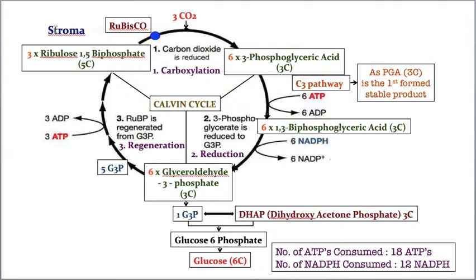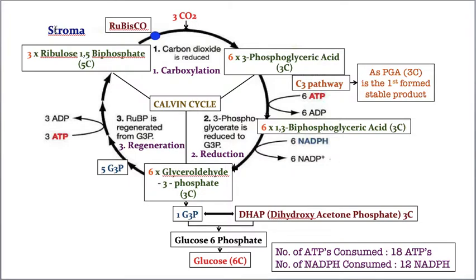What is that? Photosynthetic pigments. Light reaction के लिए क्या चाहिए? Light energy चाहिए, and light energy can be trapped by the photosynthetic pigments, and those photosynthetic pigments are present in the thylakoid membranes. That's why light reaction is taking place in thylakoid membranes. Whereas डार्क रिएक्शन के लिए रुबिस्को एंजाइम चाहिए. रुबिस्को एंजाइम is present in stroma. That is the reason why the dark reaction is taking place in stroma.